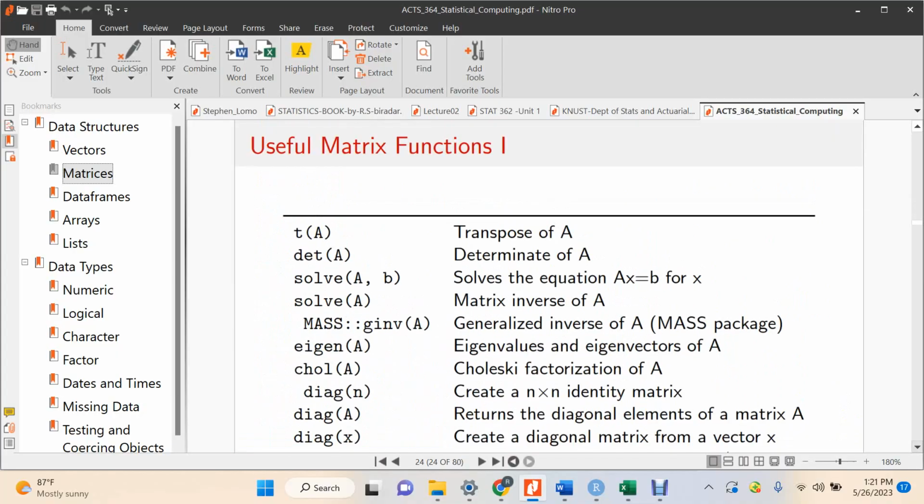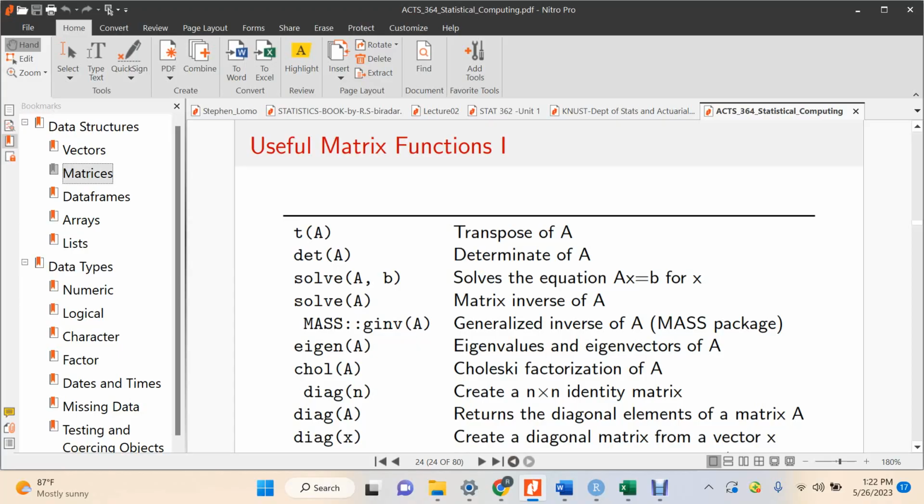Whatever you do in mathematics, you can also use R to do so. But this one, t, is the transpose of a matrix, so t is a keyword. So you don't name your object or any object as t because it's a keyword, small letter, and the capital T is for TRUE. So that's also reserved. That is the determinant, det of A. Then solve(A, B)